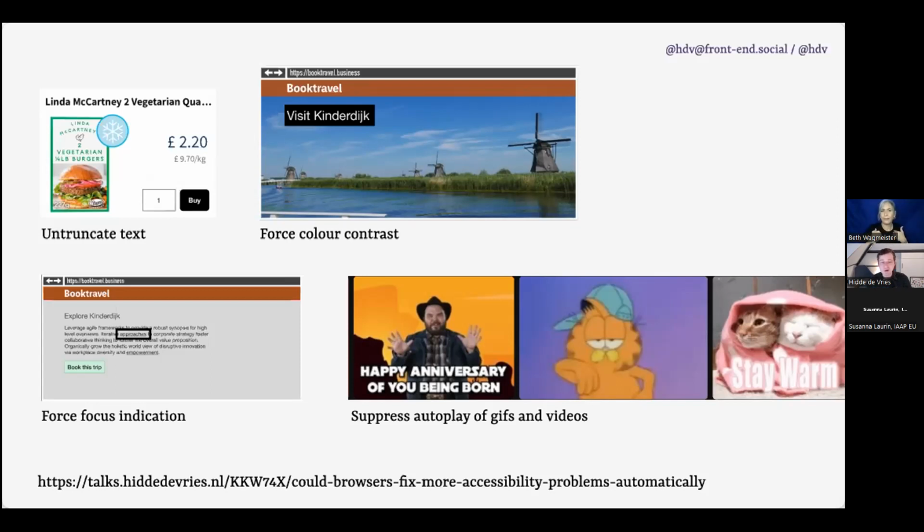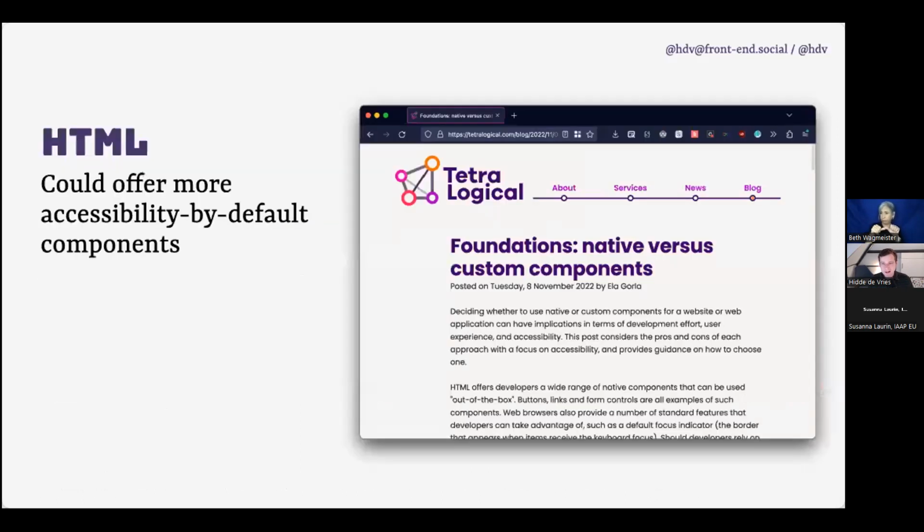GIFs or autoplaying videos are another issue on the web that browsers could fix because they could stop videos and things from playing. So that is also helpful. Then problems could be fixed in HTML automatically sometimes as well, if browsers or HTML have things built in that come with accessibility for free. The image tag is an example of that.